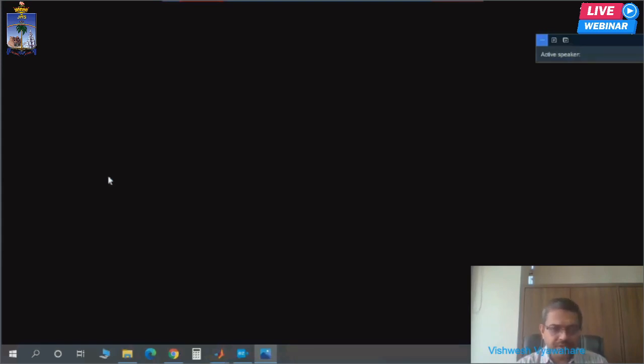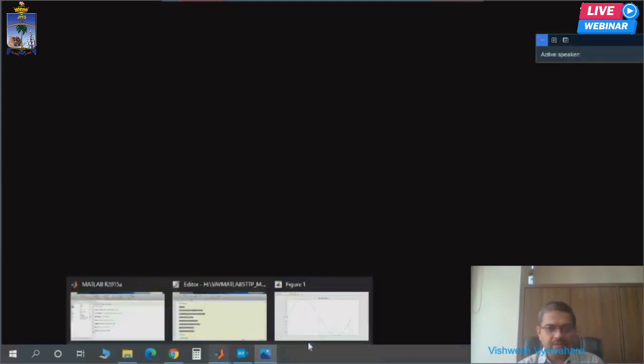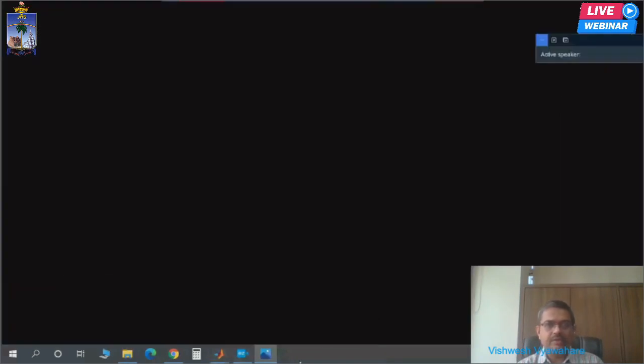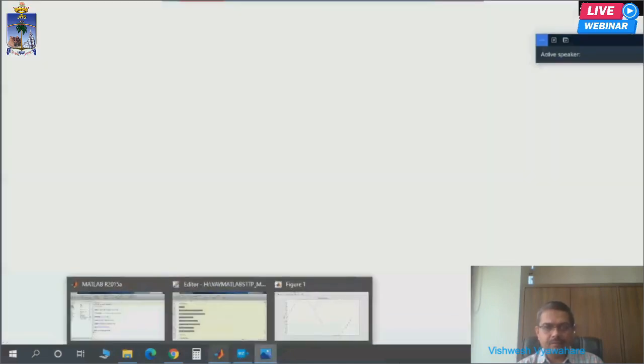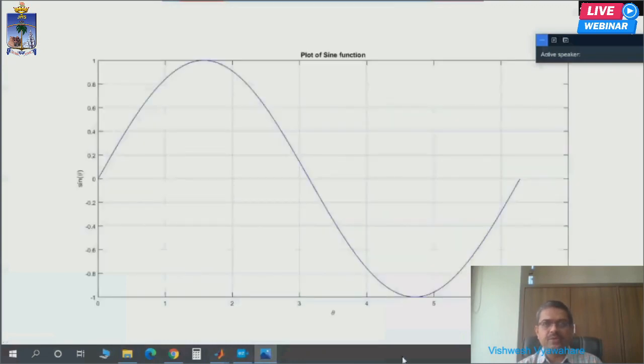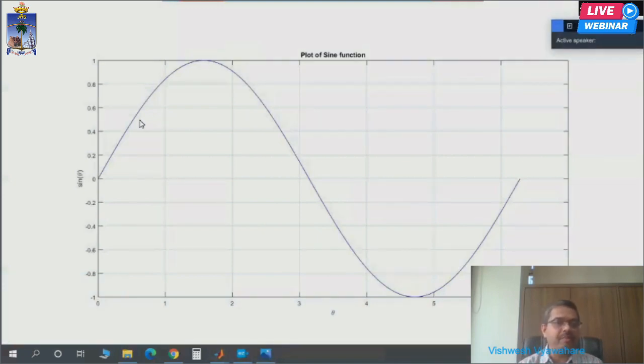So this JPEG file will come here. Yes, you see this JPEG file has come. So you have saved your MATLAB figure directly as a JPEG file.